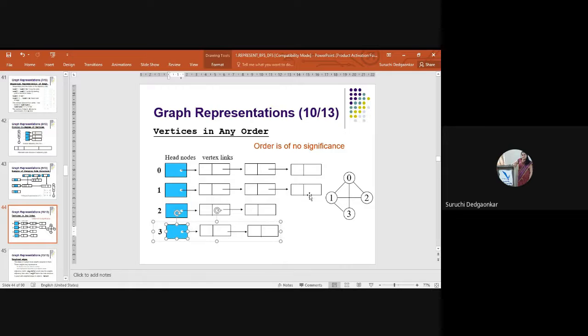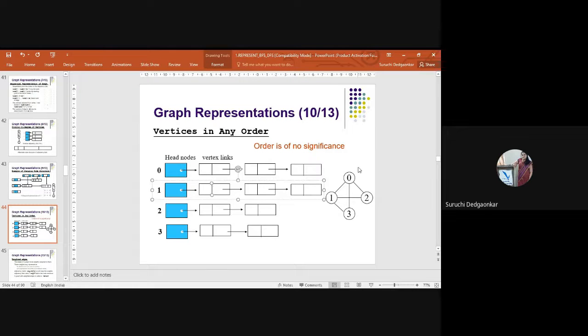And then one by one, I will take the relationships. That means for 0, who are the friends of 0? 0, 1. This is one edge in the graph. So 0, 1, that means 1 will be inserted here. Once the information we are already having, so we will copy his information here in this node. So I will copy the information of 1 in this particular node, and I will insert it in the list of 0. Similarly, in the list of 1, I will insert the information of 0. This node 0 will be inserted at the end of the list of 1.